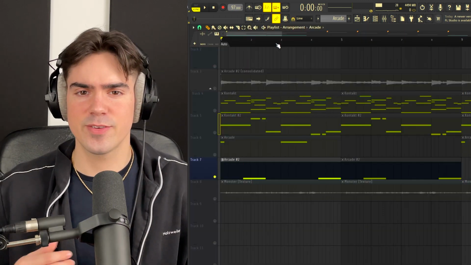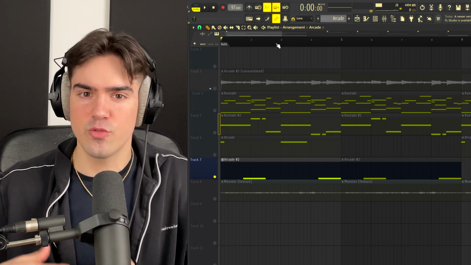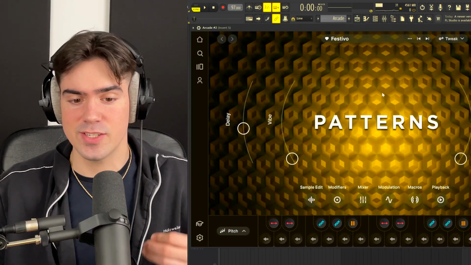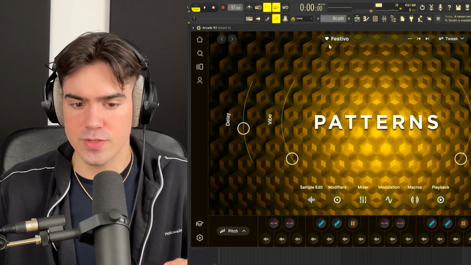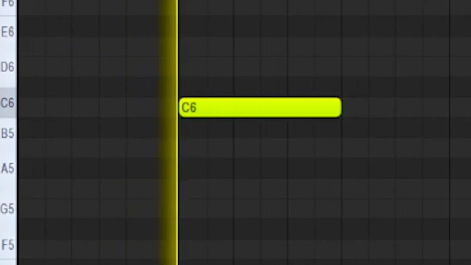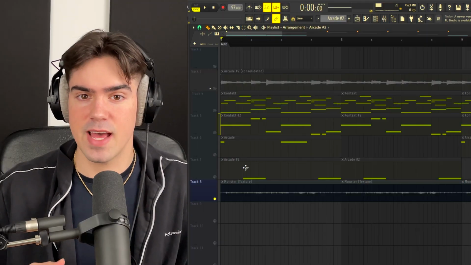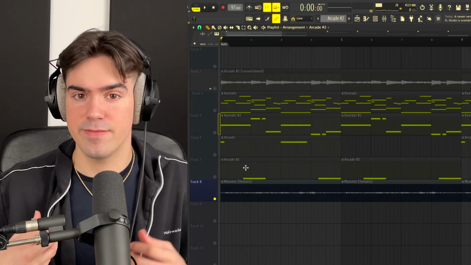Now the sample is starting to come together, but I still wanted to add a little bit of touch in the background to really enhance the movement of the whole sample. So to do that, I just added Arcade yet again. This time I'm using this Festivo preset, and it's kind of this guitar tremolo in the background. I feel like it sounds like a touch in the background, but it seriously gave some more movement to the whole sample. As for the effects on that one, I actually just copied these same exact effects from the vocal